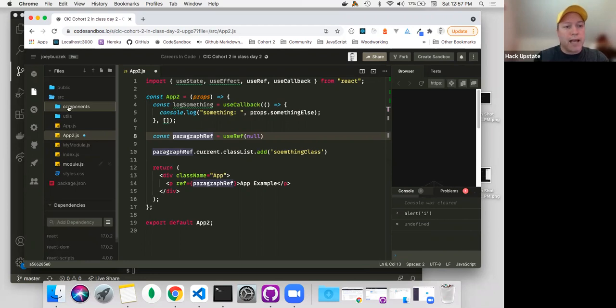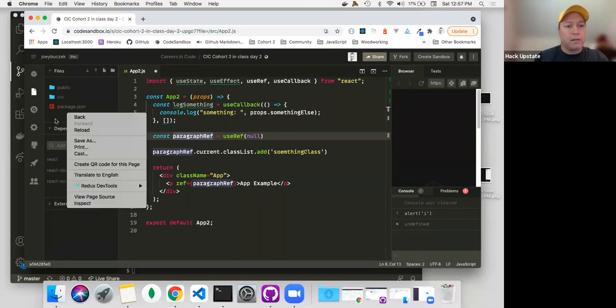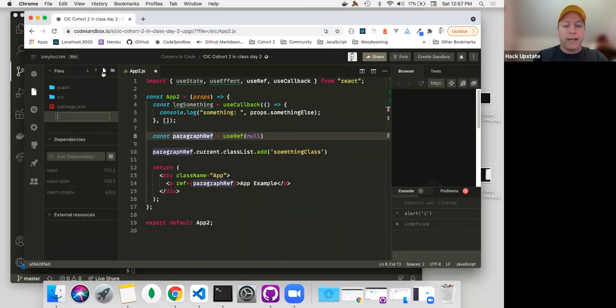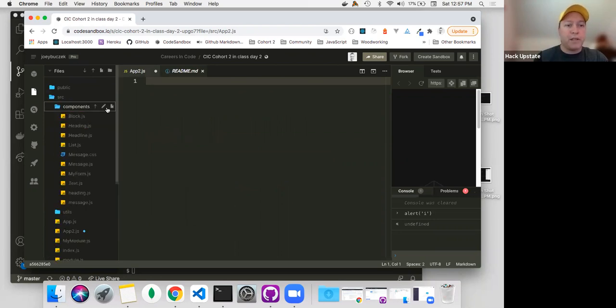So let's say I have, in my main folder here, how do I create it? Oh, right here. New file, I have my README, right? This is my main README for my entire application. It says, hey, this is what this thing's all about. And then in my components folder, let's say, let's add